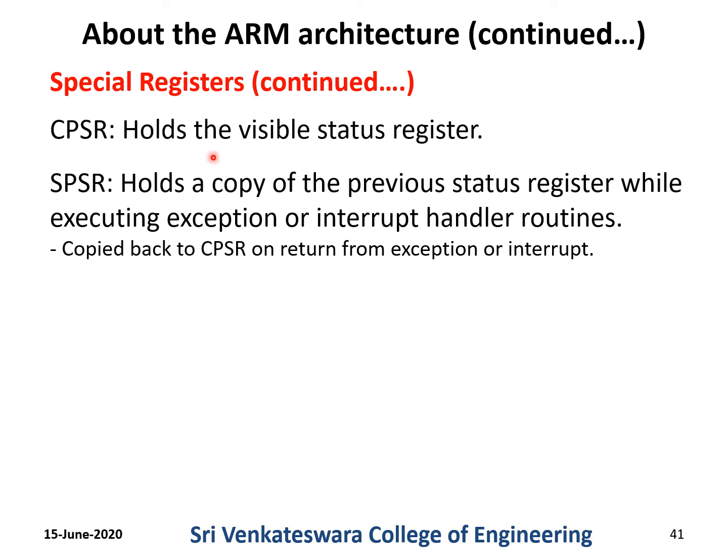CPSR, that is the current program status register, holds the visible status of the processor, whereas SPSR is not visible. Here visible means that the ALU operations either set or reset the flags available in the CPSR. The SPSR is not at all altered by any of the ALU activities. Similarly, fast interrupt request or normal interrupt request can be masked only in the CPSR register.